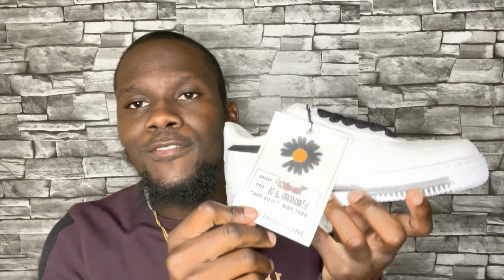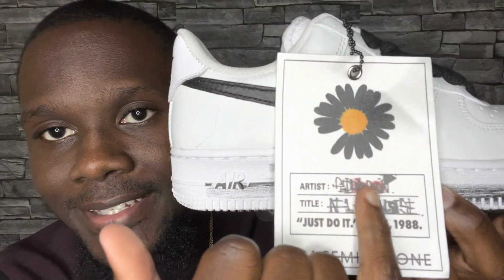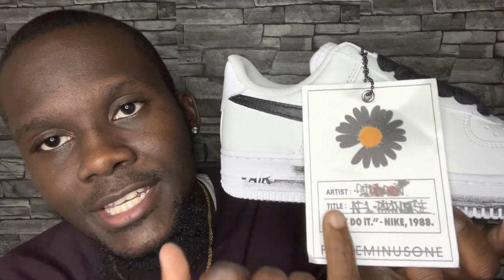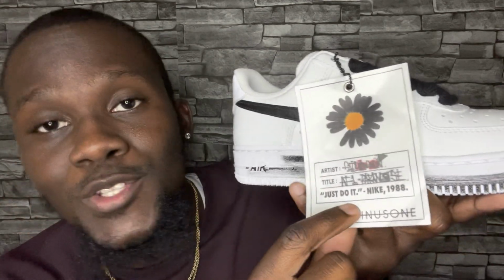You see tags on like the zip line on the Off-White. You see tags on Jordans. But now we got a nice tag on the Forces, which is totally different. You got the flower. Under the flower, you got like, let me focus. It says artist, and then it says his name. So basically, it says artist, it says G Dragon, and it says title. The title says AF1, Air Force One, Paranoid. Then it says Just Do It, Nike,